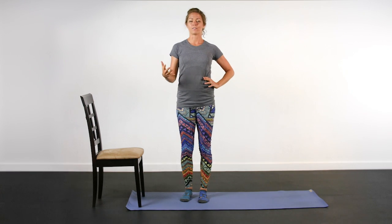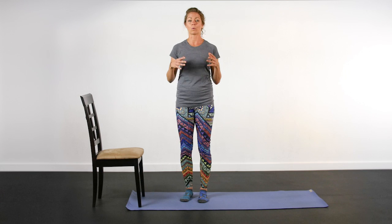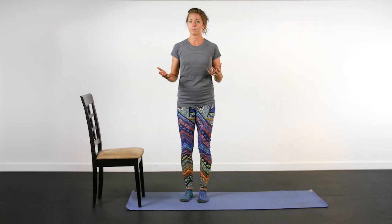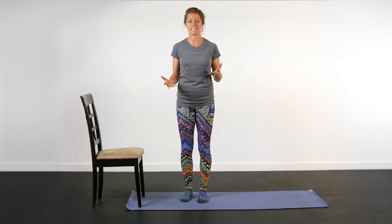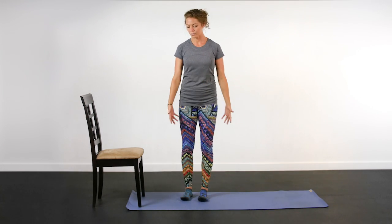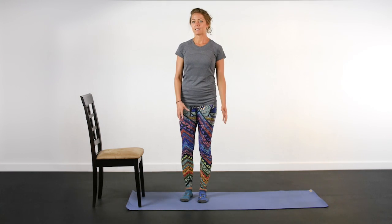So we have our floor stretching routine. This is an amazing routine to either warm up for the day, cool down after exercise, or really just use this as a recovery movement program on days where you're just not feeling up to the challenge of high intensity exercise. So we're going to use a yoga mat or any type of mat for the floor, and you may